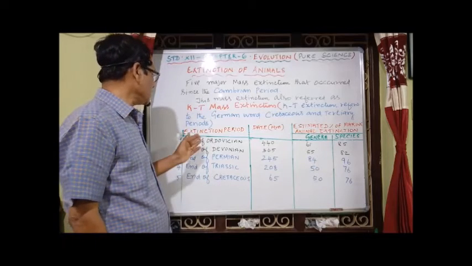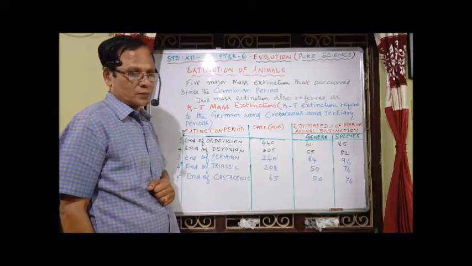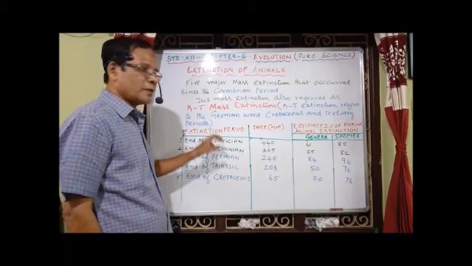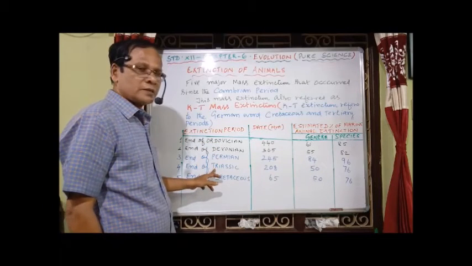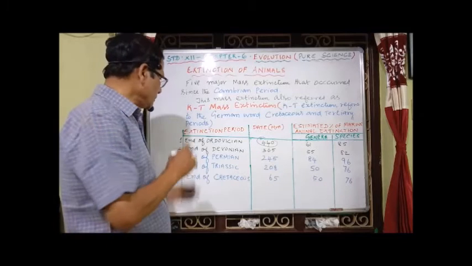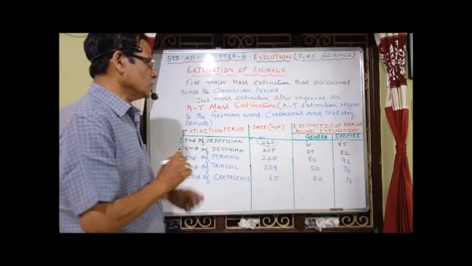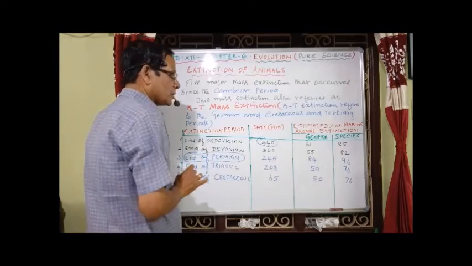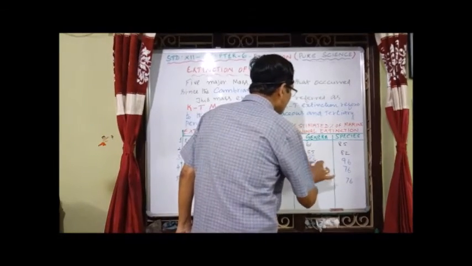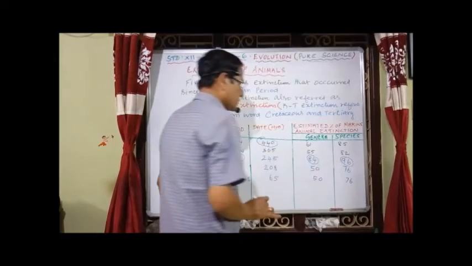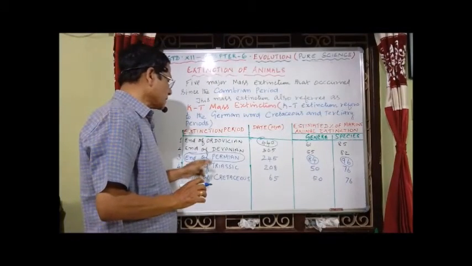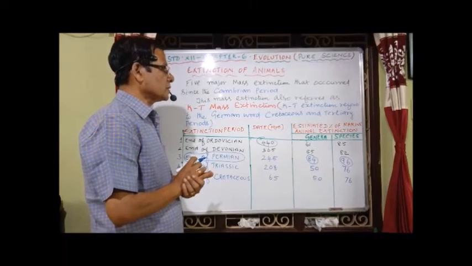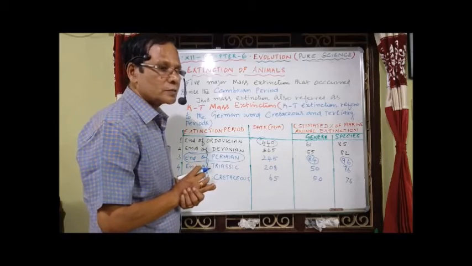So we have the end of the Ordovician period of the Paleozoic era. The first 3, Ordovician, Devonian, and Permian period, come into the Paleozoic era. The Triassic period comes under the Mesozoic era. The major extinction occurred during the Permian period. Major marine invertebrates became extinct, nearly 84 genera and 96 species. So remember that one. Major extinction occurred during the Permian period of the Paleozoic era. 84 genera and 96 species of marine invertebrates became extinct.